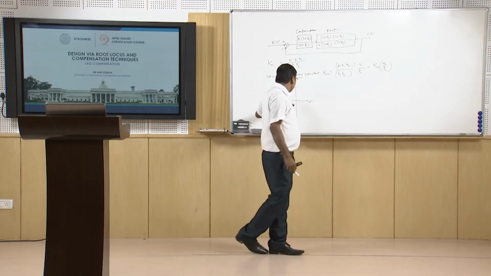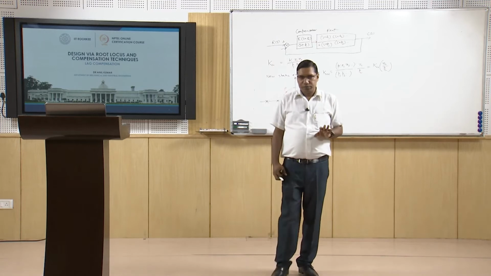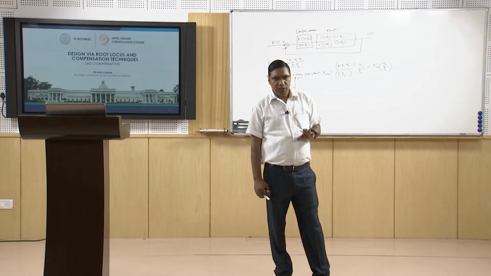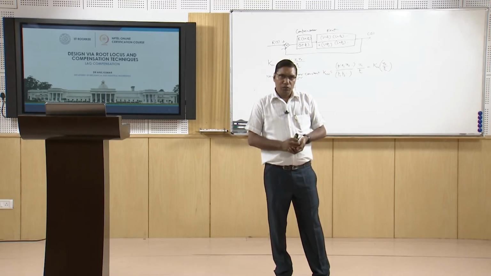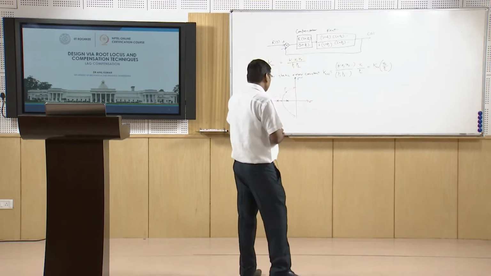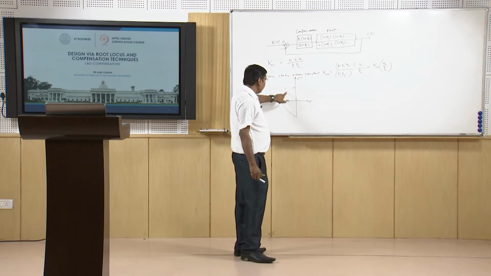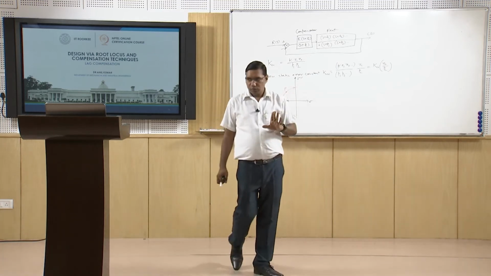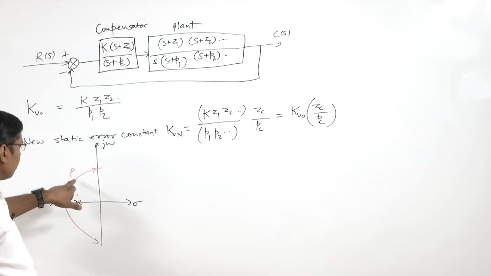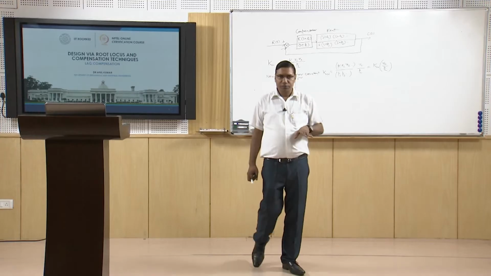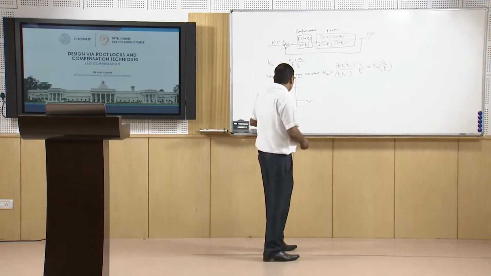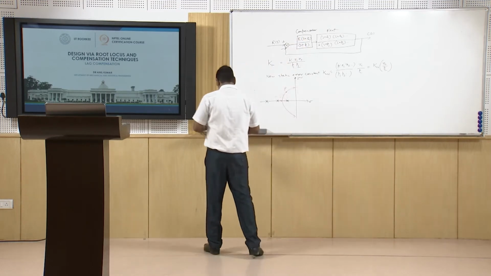We want to improve the steady state error. We want to reduce the steady state error of the system, but at the same time retain the transient response. So if there is some point P with a certain transient response, we want the root locus to pass through this point P even after adding this compensator. So the new root locus will be,